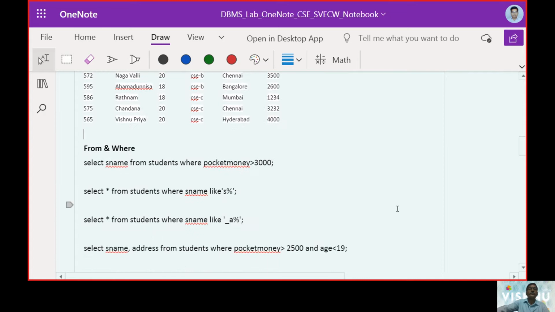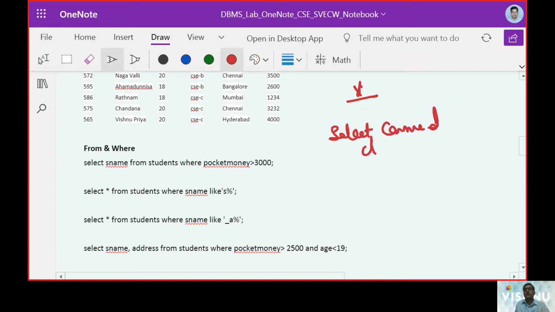Fine. Now coming to the theoretical aspect again. We worked with select asterisk here. Now let us look at the select command clauses. What was the first clause?